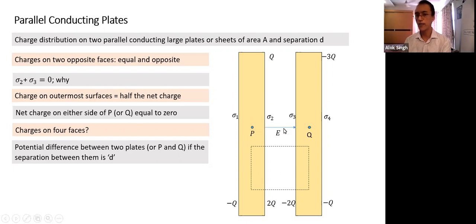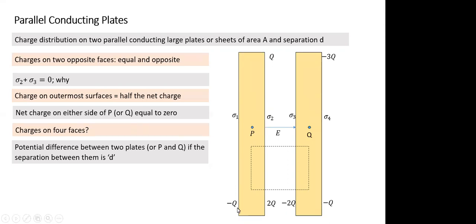And what is the direction of the field? Since this charge is positive and this is negative, this is the direction of the field. And is the field uniform here? The field is uniform. So straight away, V is equal to E into d. Both are in the same direction. The field is equal to sigma by epsilon naught. Sigma is equal to charge by area. So I can calculate the potential difference between two faces of the conductor, which is also equal to the potential difference between any two points on the conductor, because the entire conductor is at one potential. Why is the entire conductor at one potential?